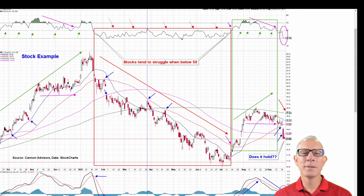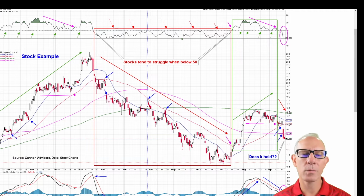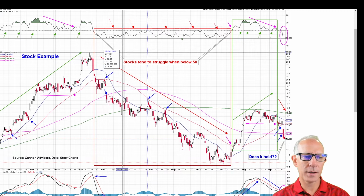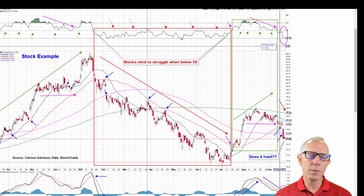All right, one of my favorite technical strategies I like to use to determine should we be in a stock or out of a stock. Is the stock heading in the right direction or the wrong direction? I ran this example for a client recently, and I think it just becomes very evident when you start to look at it. So I'd like to spend a few minutes on this chart so that you can understand what types of things we're looking for when we pick up a stock. And do we get it right all the time? Absolutely not. And when a stock trends, it's a lot easier than when a stock just goes sideways